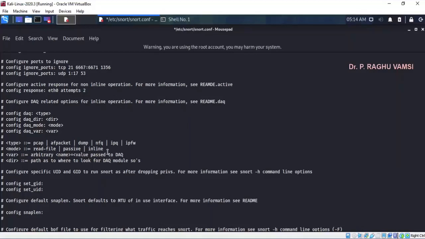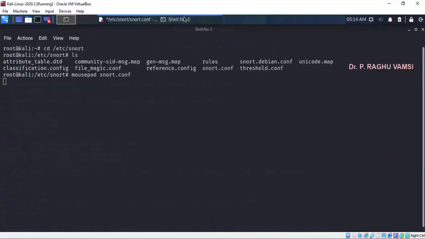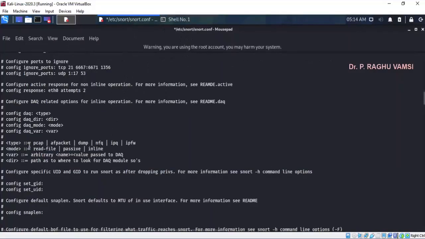So instead of going to the snort -i Ethernet 1, we use this PCAP file as the input, and we'll use the rules as the input, and this PCAP file will be processed against those rules, so that it will detect what attack happened and what type of packet mishandling happened.